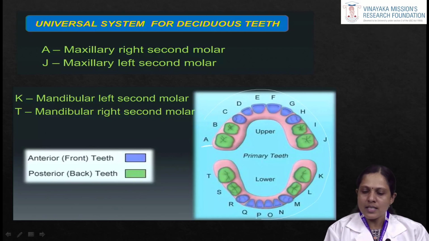It occurs like in a cycle. Okay, so after J, it continues in the mandibular second molar as K, L, M, N, O, P till T. Okay, it ends in mandibular right second molar, starts from maxillary right second molar and ends in mandibular right second molar. So in universal notation for primary dentition, capital letters or capital alphabets are being used for representing the tooth